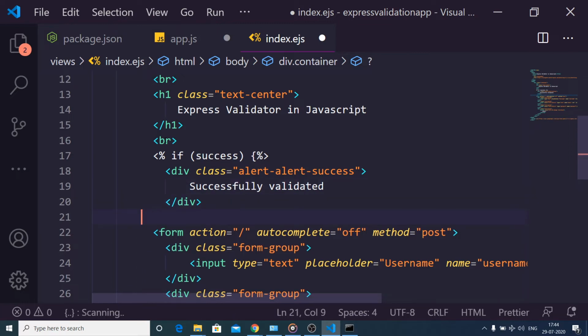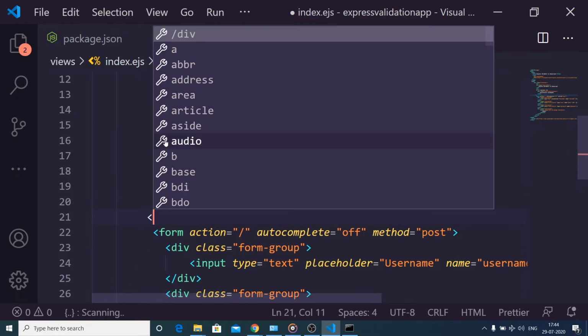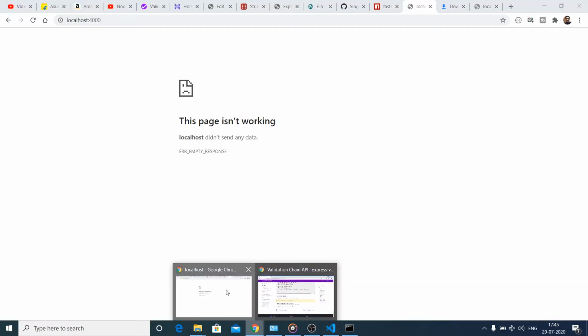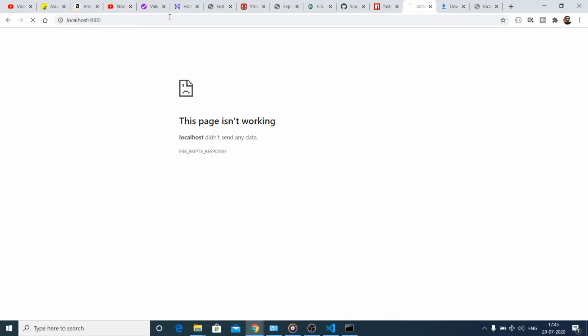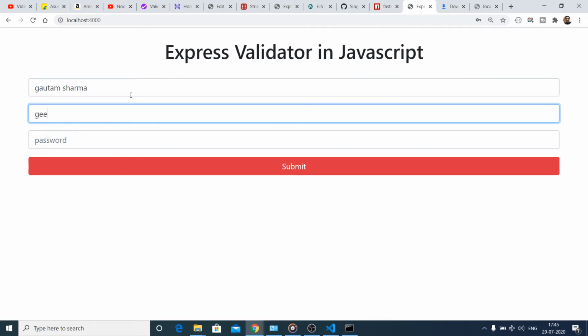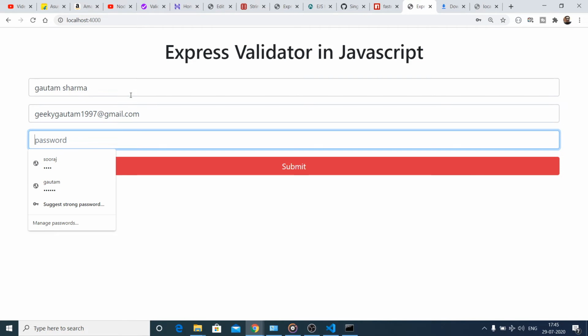So inside this is a syntax of EJS, and I think if I just show you just for illustration purpose, if I type all the values correctly, let's suppose I type a username and I type a correct email address, you will see a success message coming here.